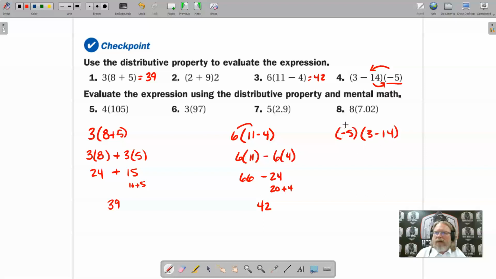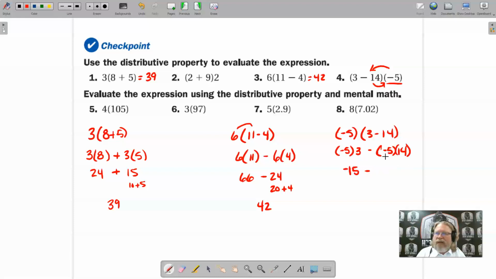Now I'm going to do negative 5 times the 3, and I'm going to subtract from that negative 5 times the 14. And negative 5 times 3 is going to be negative 15, minus,